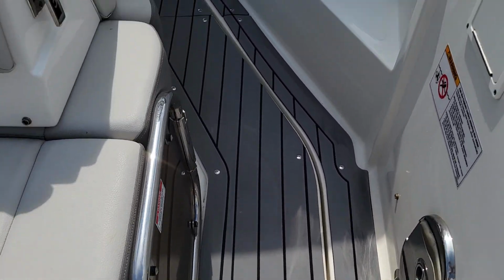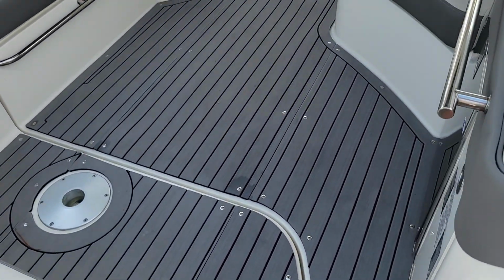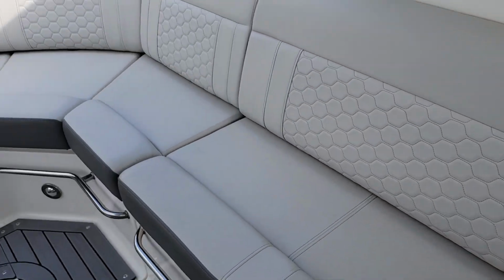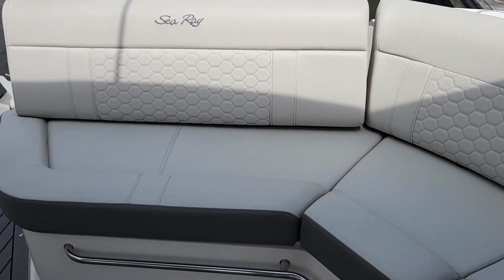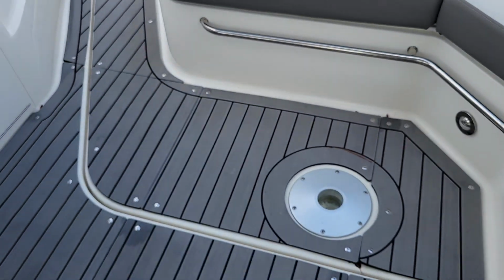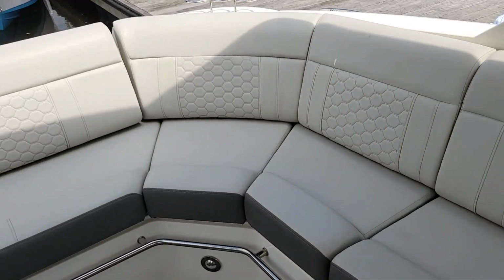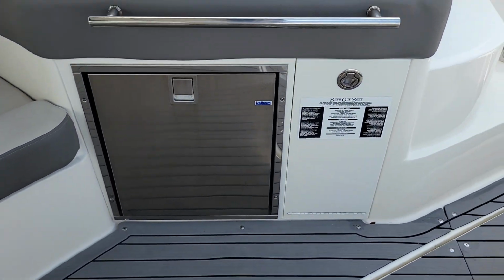So you can see the boat's equipped with SeaDek, snap-down SeaDek in the cockpit. It's got a light gray with dark gray interior. The boat does have a generator that's accessed through this hatch here. Cockpit table, spinning around, you've got a cockpit fridge,